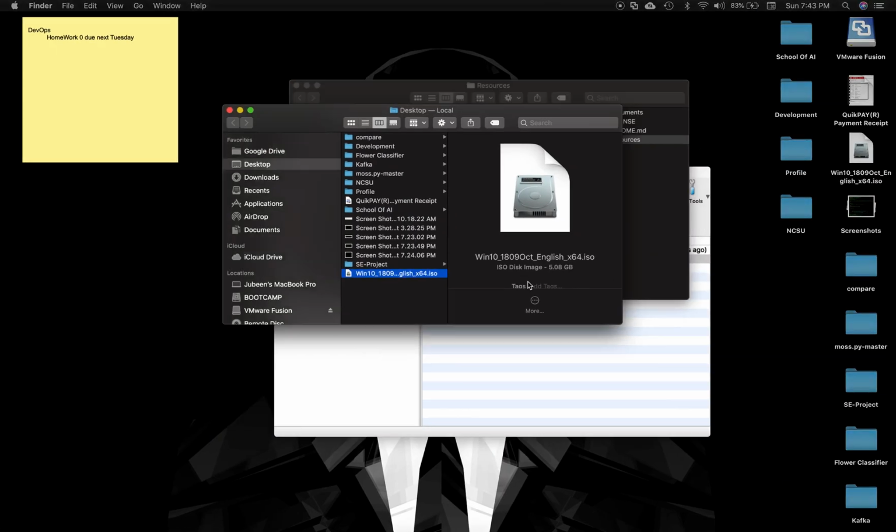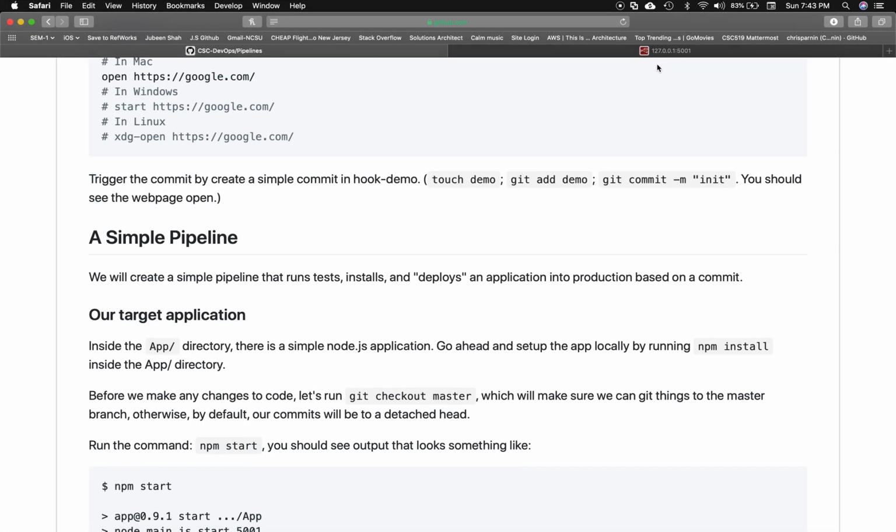So essentially, if this was the production environment, this is what the end user sees. It would have the updated version without having to manually push those changes and make it available for the consumer. So that's